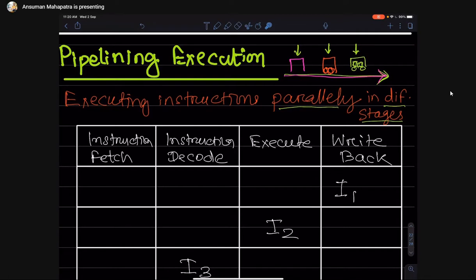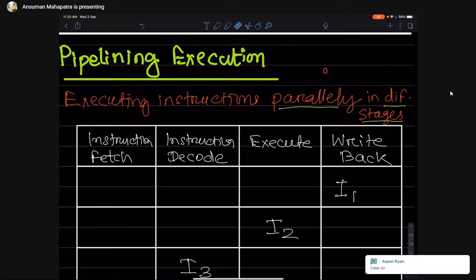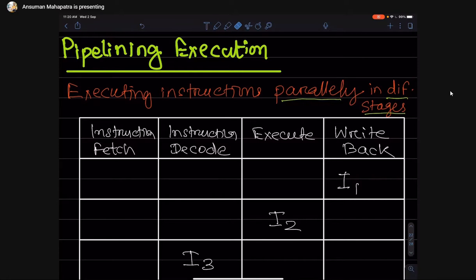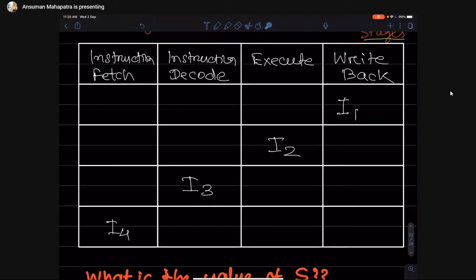What is a pipeline? No problem. We will see our architectural example, and you will be able to understand easily. Pipelined execution means executing instructions in parallel in different stages, not in the same stage. Suppose like in the car example we have 3 steps, in our instruction execution example we have 4 steps. First the instruction will be fetched, then decoded, then executed, and if there is any result, it will be written to the main memory. Understood the 4 steps?